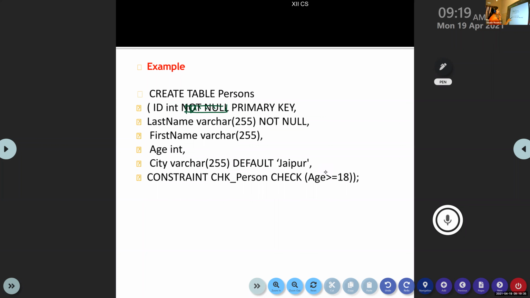Then constraint, this is the constraint name. If you want, you can create a name for the constraint. Check age greater than or equal to 18. The same thing you can specify here.